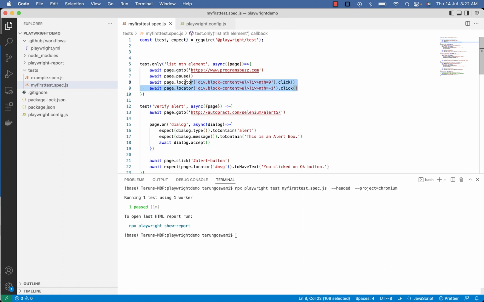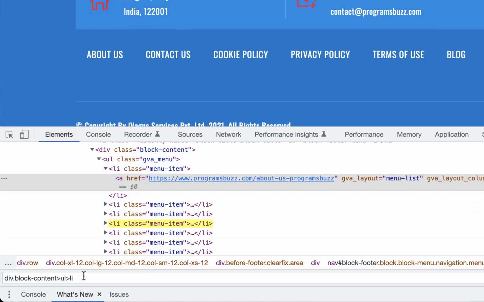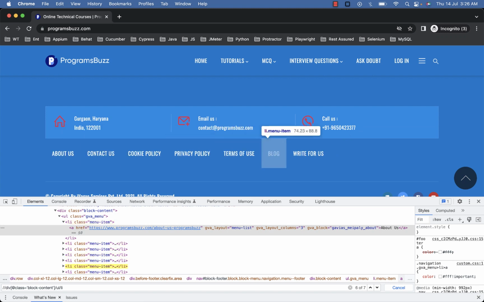So this is how we use Nth Selector with CSS. You can also use Nth Selector with XPath. So convert this into XPath. Use // for dot, open square bracket, use @class equal to single quote. So this is our class name. Now close square bracket, replace this greater than sign with /, replace this greater than sign with /. Now you can see using XPath we are able to find all 7 elements,